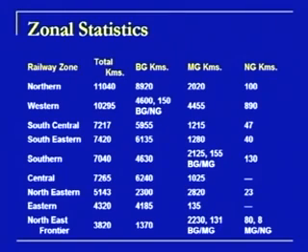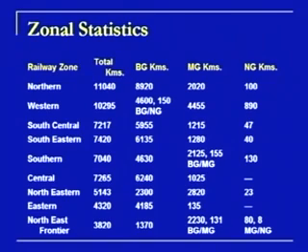These are the zonal statistics shown here with respect to the different rail zones. They show the total kilometers operated by these zones, and then there is a classification of these route kilometers in terms of broad gauge kilometers, meter gauge kilometers and narrow gauge kilometers. Here we see that the northern zone and the western zone have much higher route kilometers as compared to the other zones. In the case of broad gauge route kilometers operated by these zones, the northern zone has very heavy broad gauge kilometers,